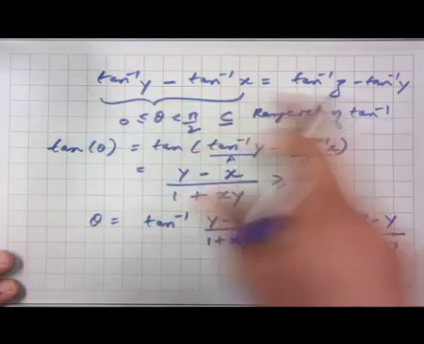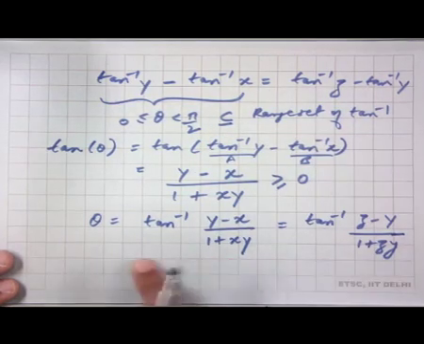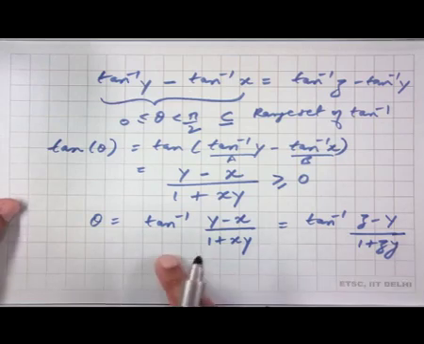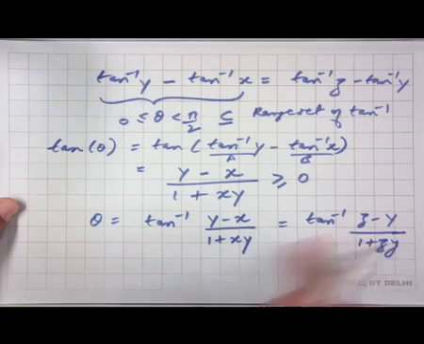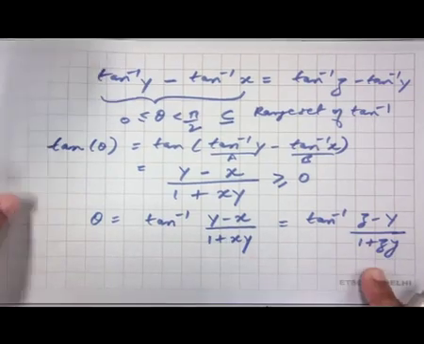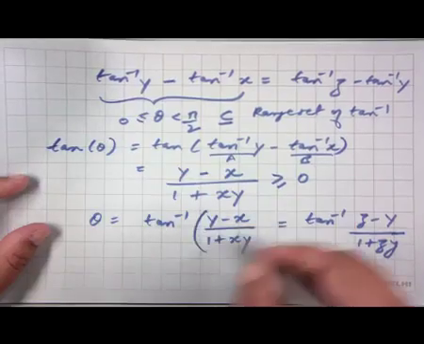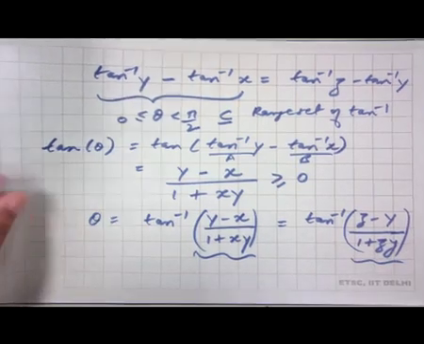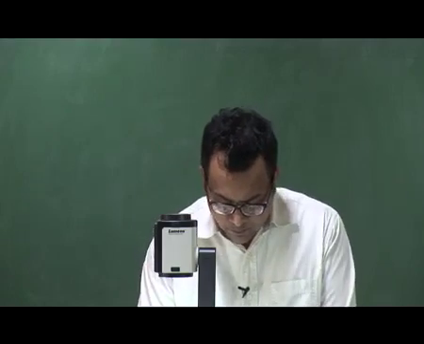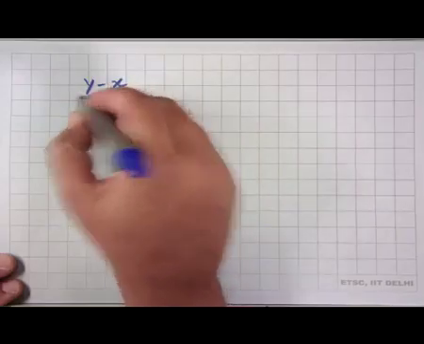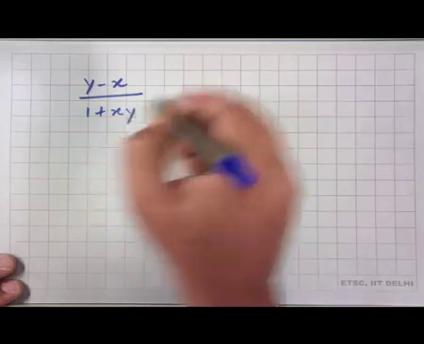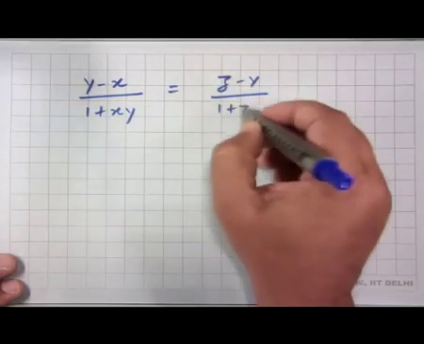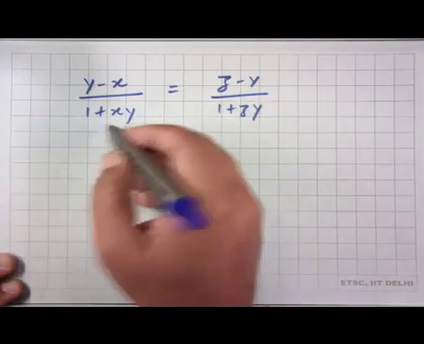And because they are equal, we finally have this equality, and this basically implies that we just need to apply the tan function on both the sides of this equality, and therefore, what we get is that this value here is equal to this value here, which we write as (y minus x) by (1 plus x y) equal to (z minus y) over (1 plus z y), and then